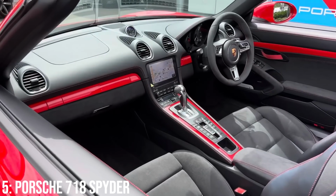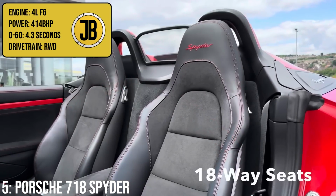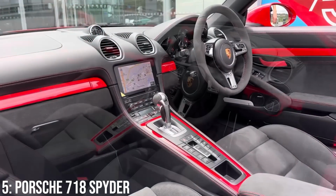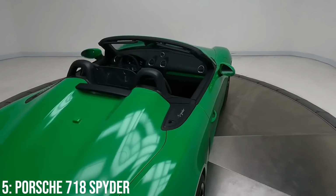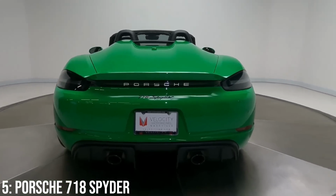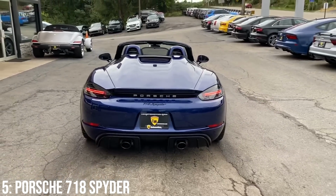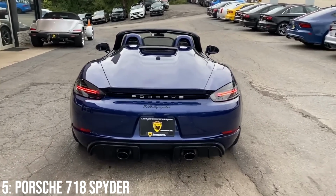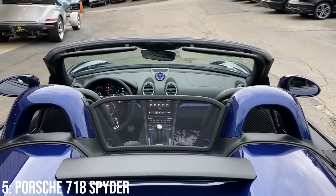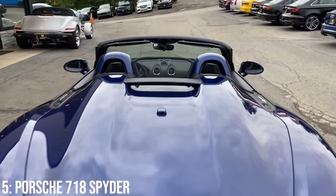These come with a beautiful 4-litre flat-six engine making 414 brake horsepower, taking them to 60 in 4.3 seconds, making the quickest car on the list, but not the most powerful. In fact, that belongs to our 10k car, so stick around for that. This is probably the most difficult convertible car on this list to actually put the roof up and down on. However, it does also have the coolest looking convertible with that typical Spyder rear end that is reminiscent of a